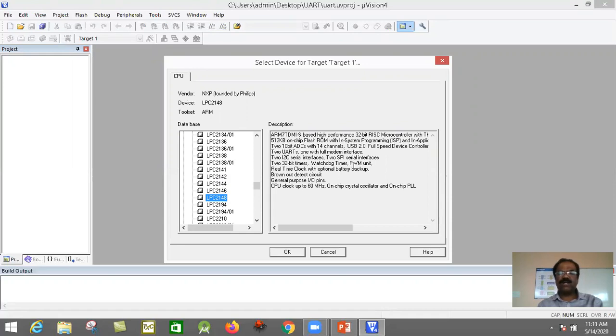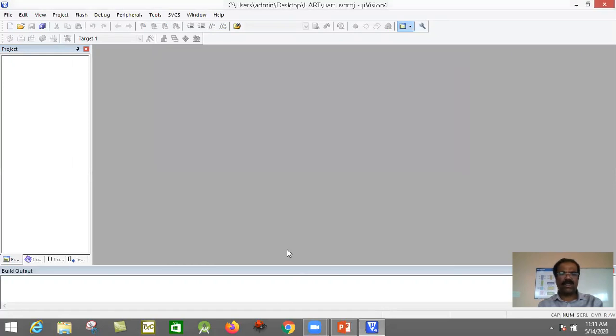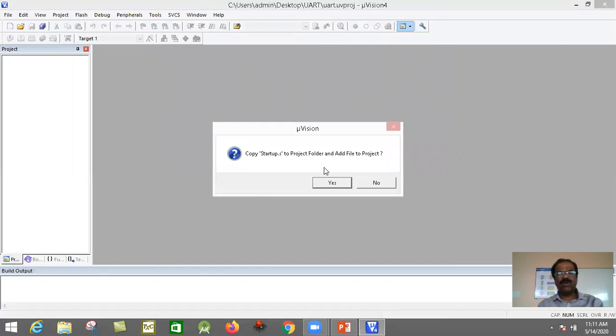It provides all the details about that microcontroller. We know that it's a 32-bit microcontroller. So click on OK. If you go for an assembly language program, it won't require any startup file.